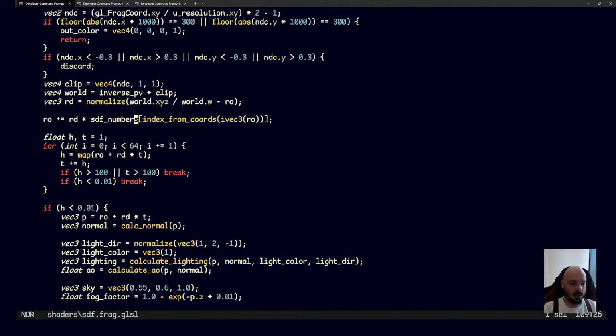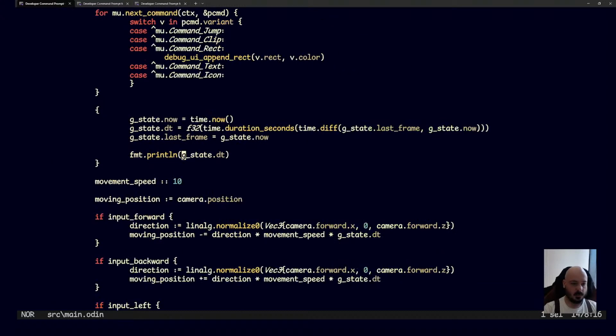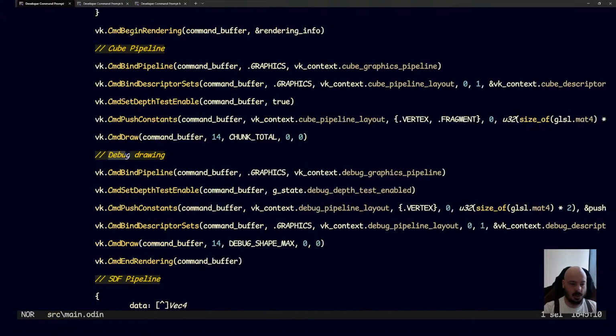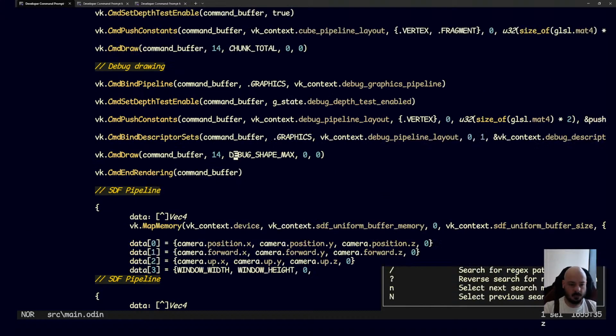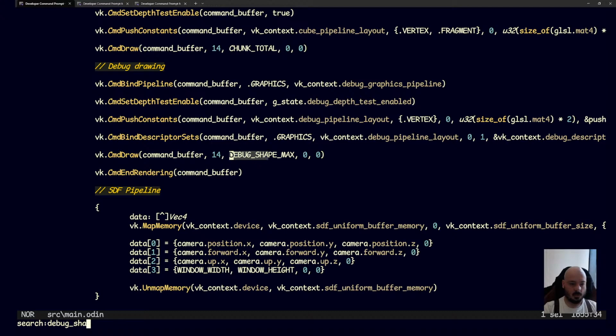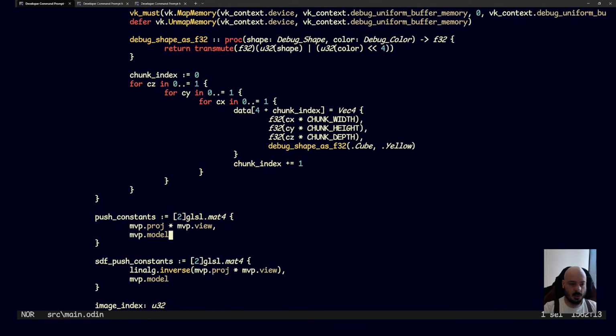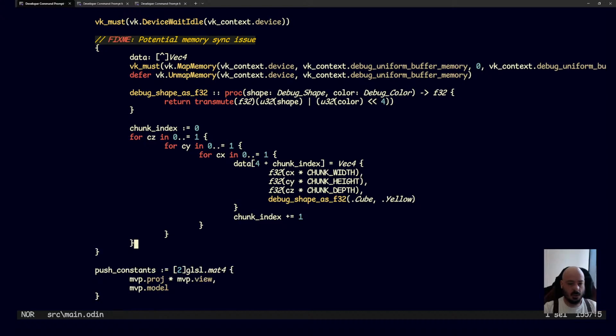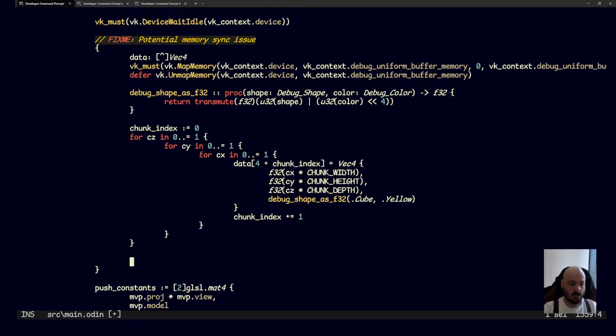Now, the next step is, let's just turn this off and let's say, actually no, we need this on. So we turn this on and let's say this is working and we're inside the first chunk. And actually I'm going to draw, can I draw an arbitrary rectangle? An arbitrary debug shape? I don't think I can. There's debug shapes. Where are they? Debug shape is F32. So I can't draw a random thing. Hang on a second. Where are all those? Oh, that's where the cubes are coming from, right? So if I say data,